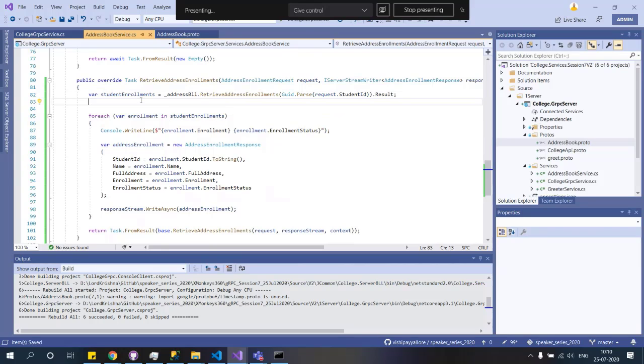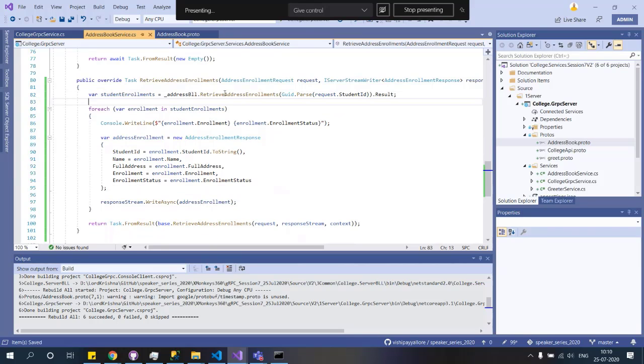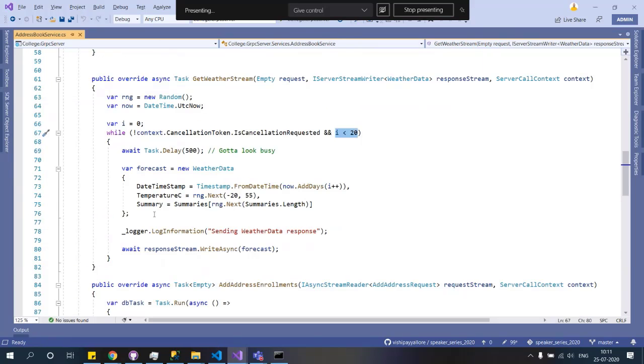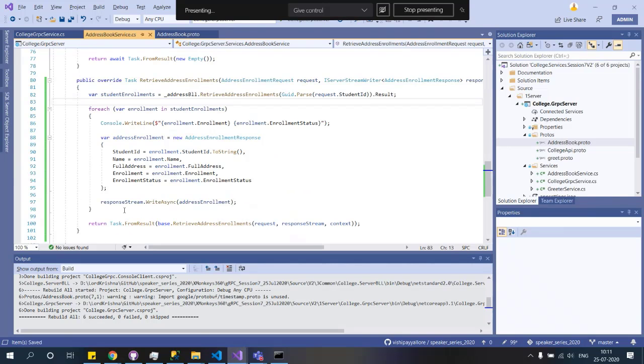That means all the enrollments for that particular student based on that student ID, and then we are traversing through that enrollment collection, and then we are writing into that response stream. Okay, and you can see that's what we have to do. Yeah, so we need to do this here.